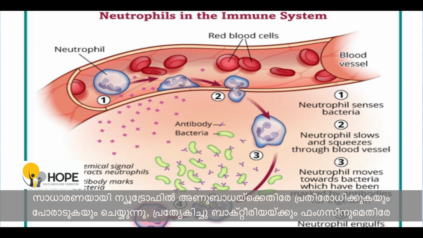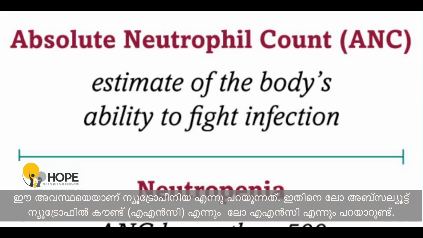Usually neutrophils prevent and fight against infection, especially against bacteria and fungus. Most of the chemotherapy medicines destroy neutrophils and reduce the production of neutrophils. That condition is called neutropenia. Sometimes it is also called low absolute neutrophil count